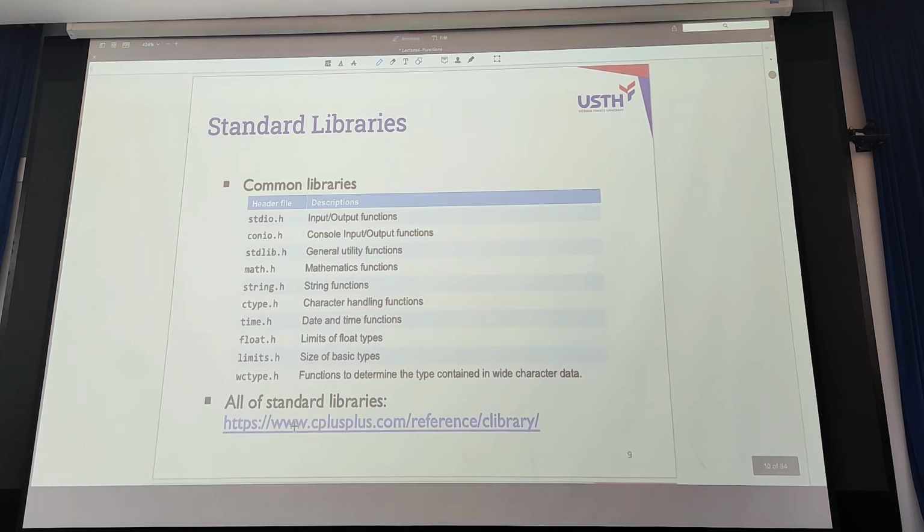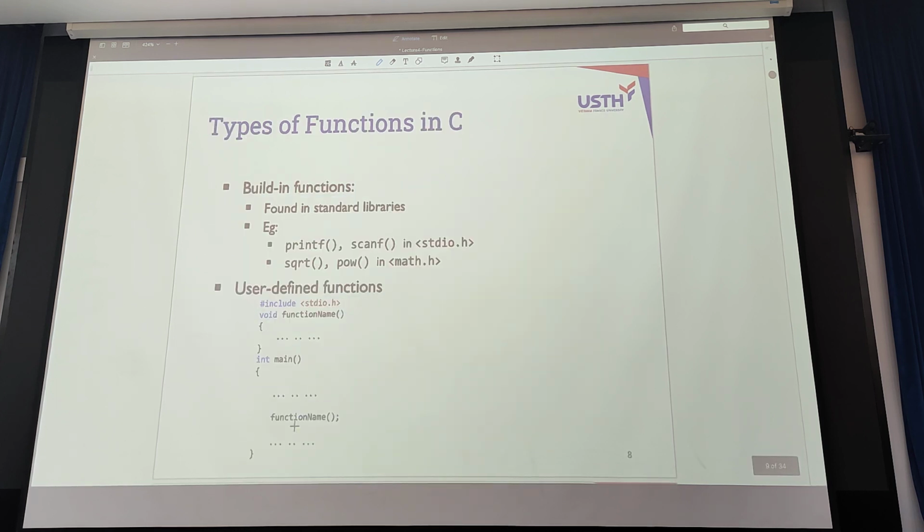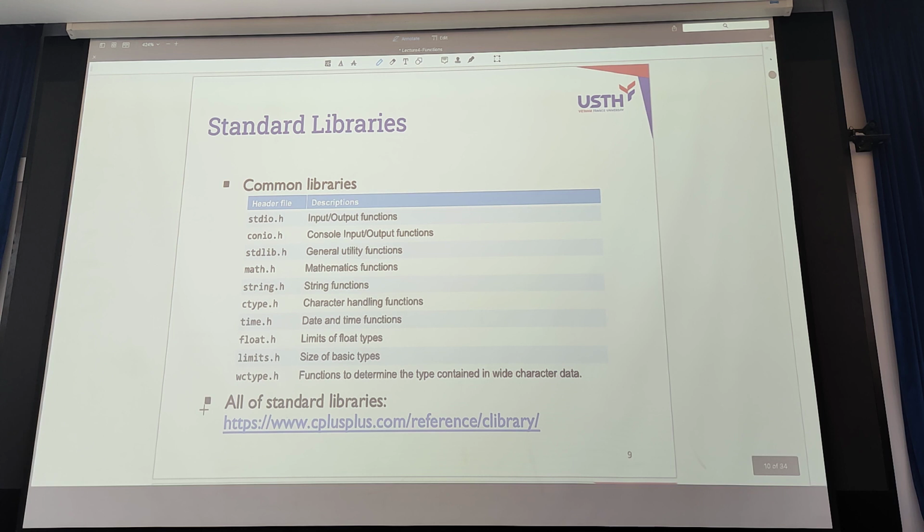Right. Now, later I will describe this in detail. Talking about the existing functions, there are some standard libraries that you can use. Some common libraries you often use are stdio, stdlib, math, right?